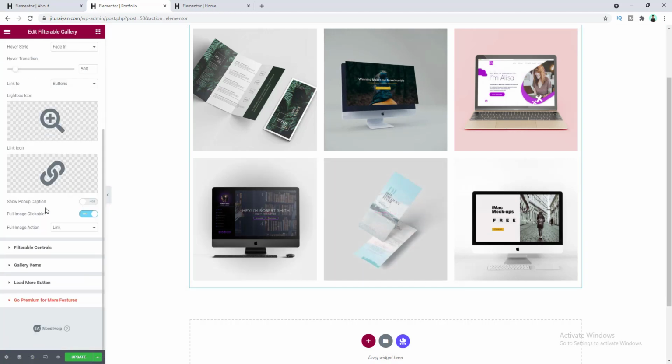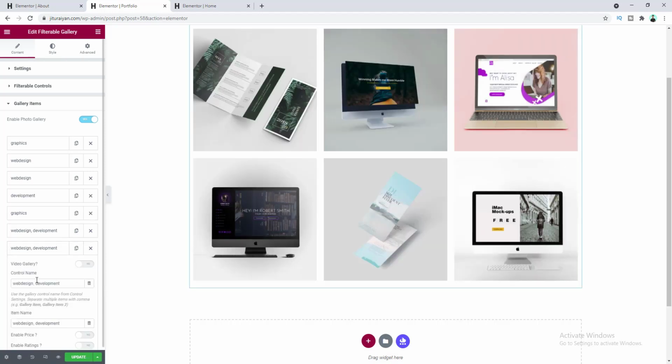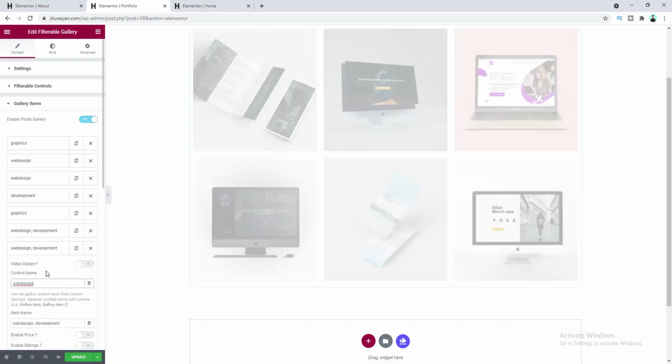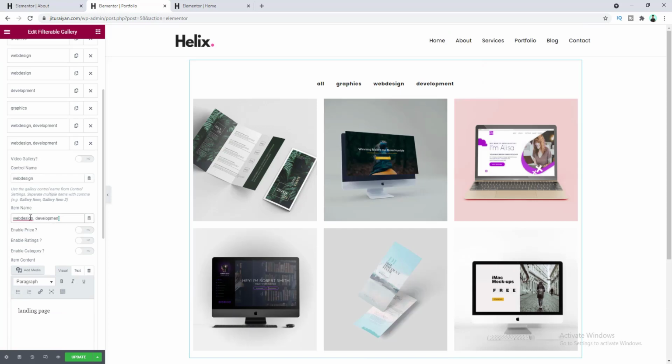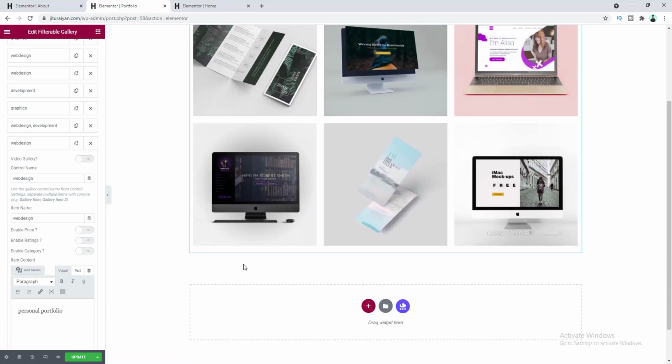So we need to go over here, and from gallery items let's duplicate this, and we want to make its category web design, and also the item name web design, and make the name of the item content this. Okay, so we have also added another item here, but here we cannot see that,